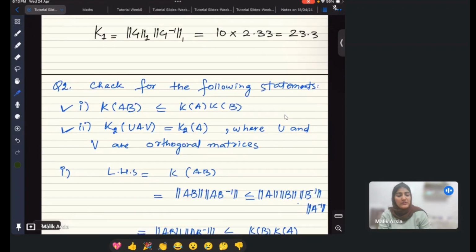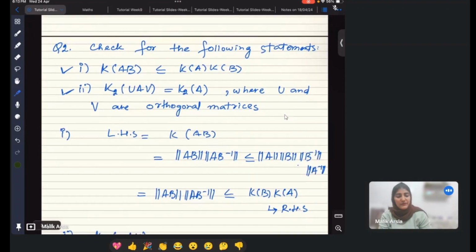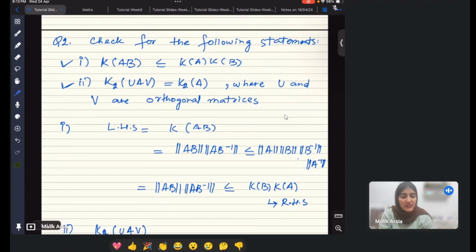Now moving to the second question, we have been given a set of statements. There are 6 statements and you have to check whether they are correct or not. So the first statement here is: condition number of AB is less than or equal to condition number of A into condition number of B. For checking this, we proceed with the left hand side, and you can see that condition number of AB is nothing but